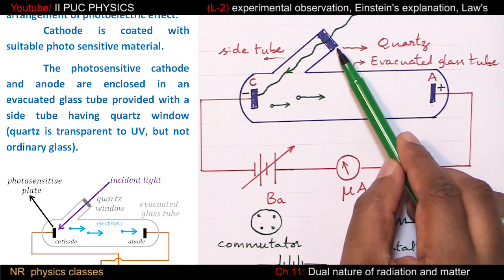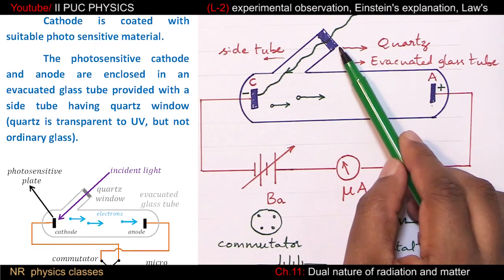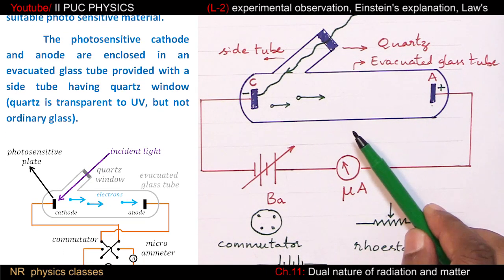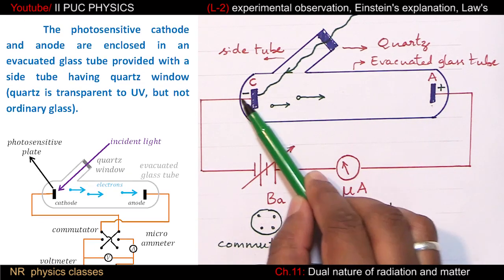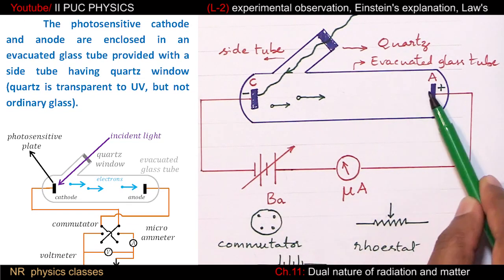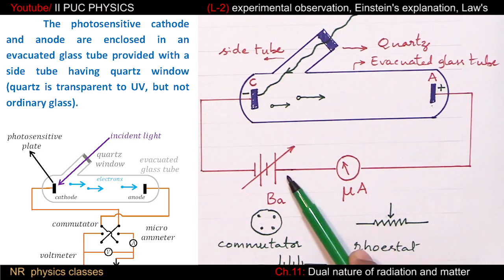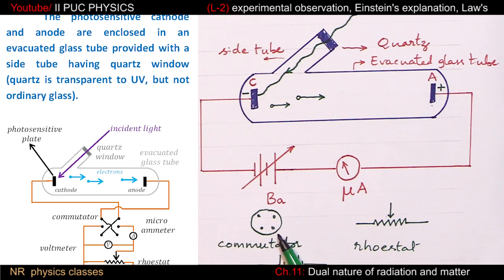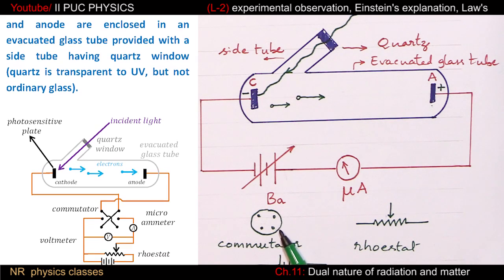Quartz is transparent to UV but not ordinary glass. Cathode is connected to the negative terminal of the battery and anode is connected to the positive. A microammeter is used to measure very small current. A voltmeter, if at all used, is used to measure voltage, and a commutator to reverse